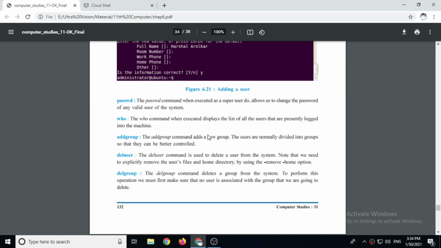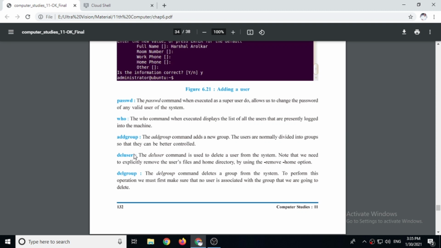So it displays the current working users. Addgroup: the addgroup command adds a new group. Users are normally divided into groups so that they can be better controlled. So we can create a group and we can make several users members of that group.